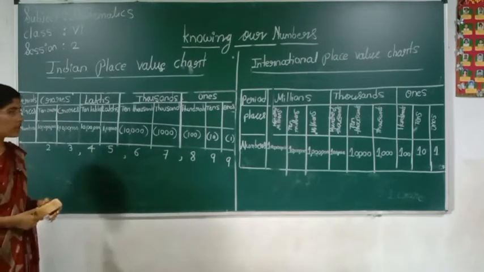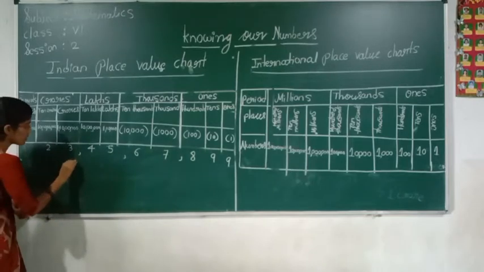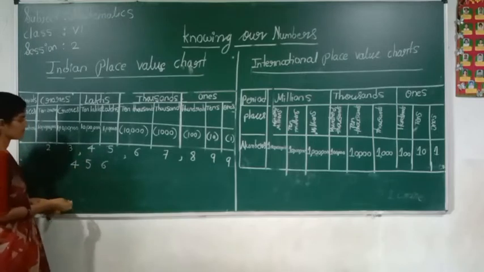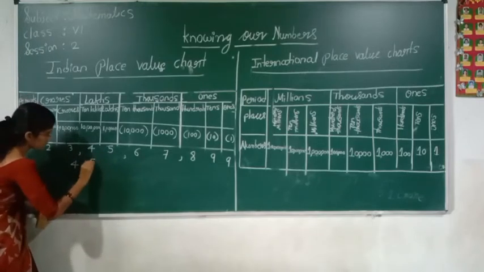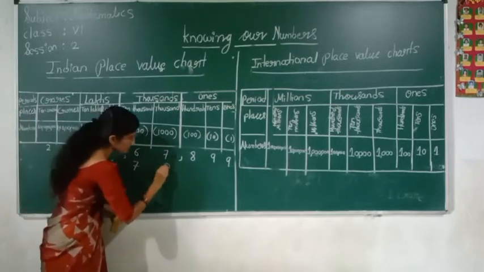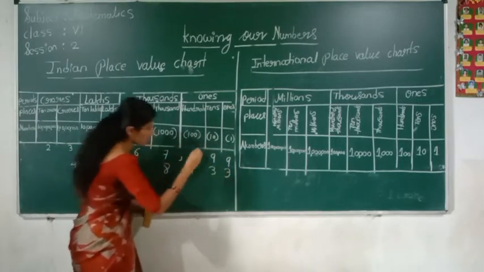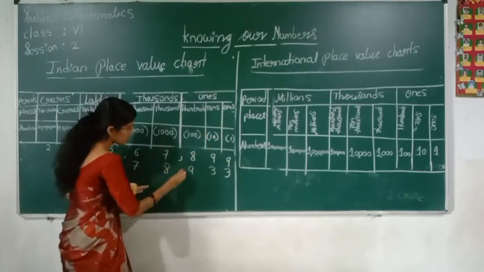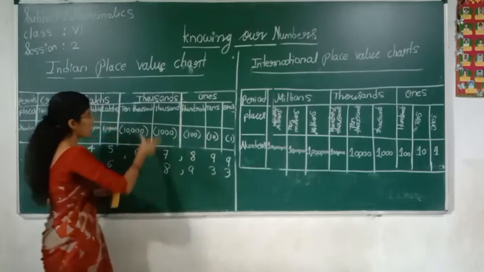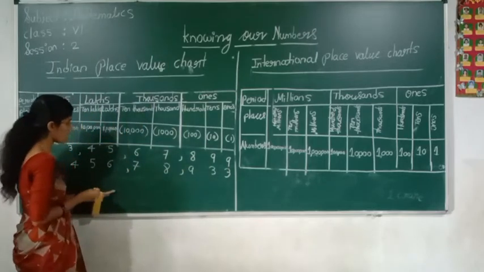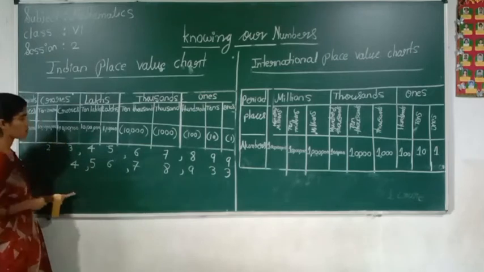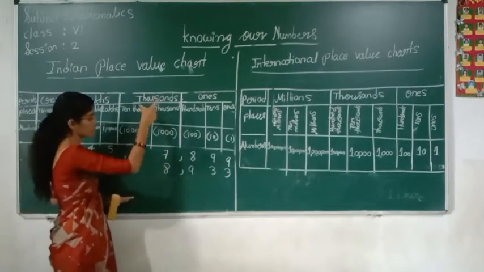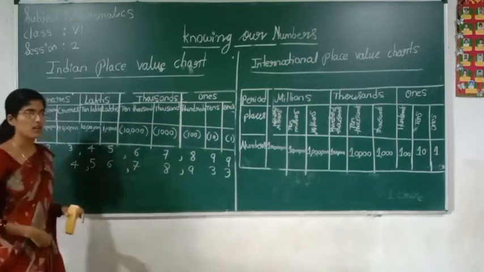Okay, how to give a comma? Suppose I asked you how to read this number. Okay, if I give you an example, how to read this number. Now see, after every family, here ones, tens, hundreds, ones is one family. After thousands, one comma. After lakhs, how to read this? 4 crores 56 lakhs 78,933.